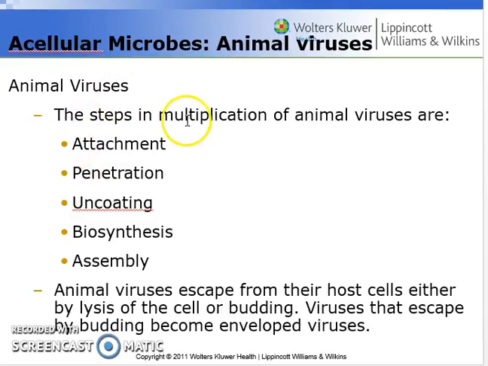Pretty much the same steps for the animal virus. If viruses need to replicate themselves, they attach to the cell and penetrate down into the cell. Then they do a process called uncoating, and this is where the capsid is going to start